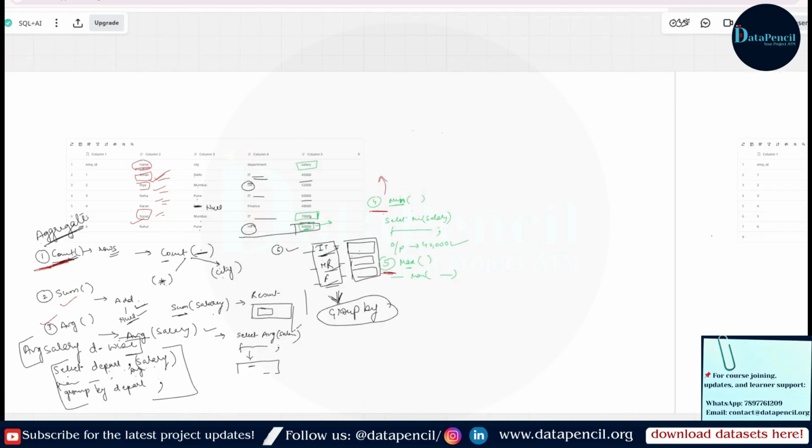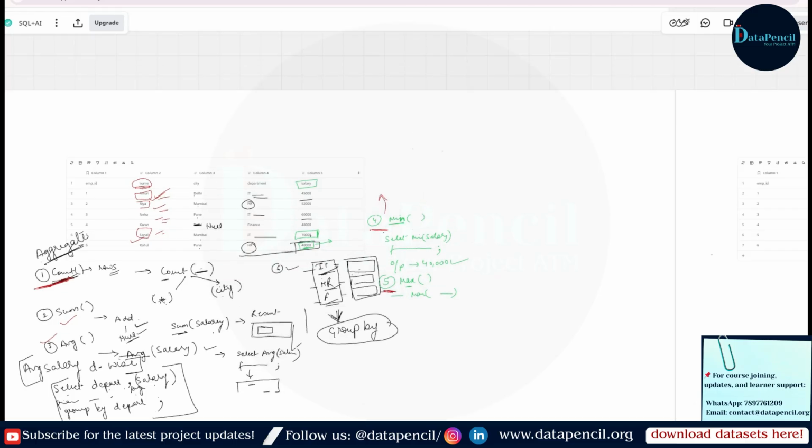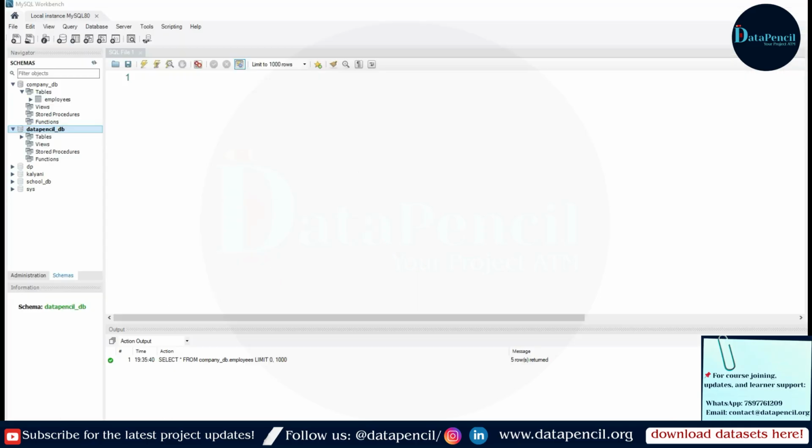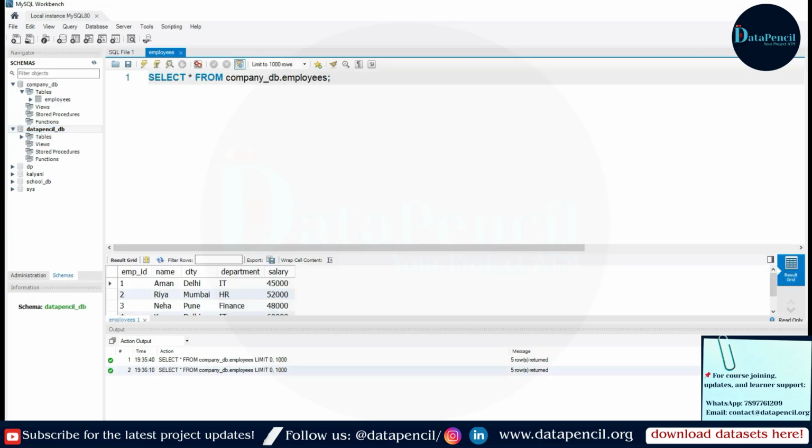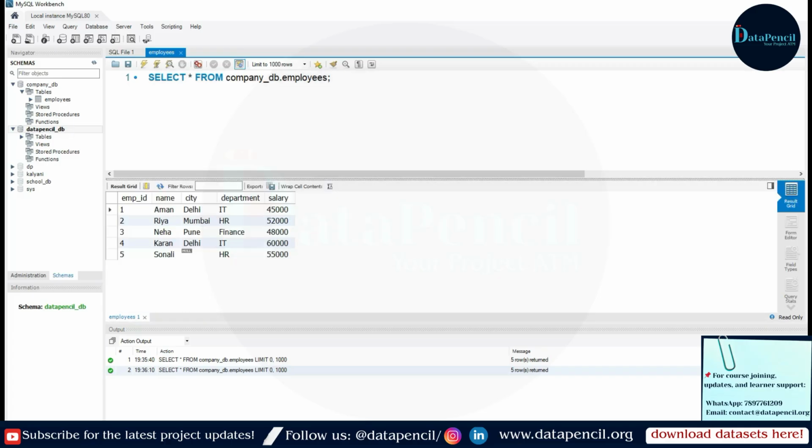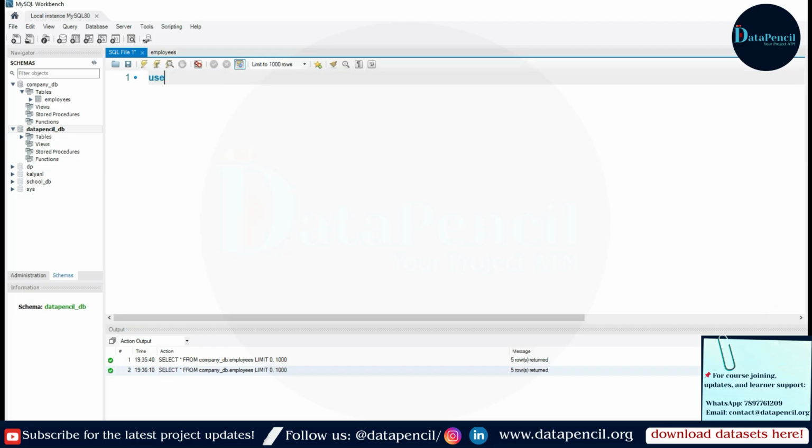Okay, easy guys. Now quickly open your MySQL Workbench and it's time to do practical work. Yesterday we made the employee table, and we will work on the same table. No need to insert the data again. Here we have a total of 5 rows, with one null value in city. First of all, we will write the name of the database that we want to use. I have stored this table in company DB. You can write whatever your database name is. So let's write company DB and run it.